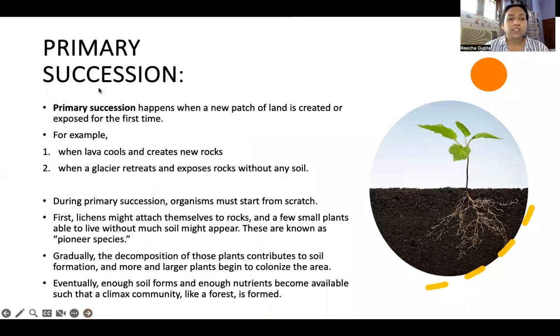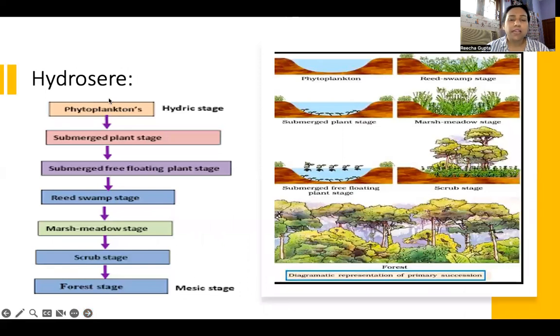Now primary succession, जैसे कि हमने बताया था, primary succession वहां पर होता है जहां पर कुछ भी पहले से present नहीं था, जैसे कि bare rock और desert। In fact, cool volcanic lava, वहां पर भी कुछ भी present नहीं है, अभी नया नया ज्वालामुखी से volcanic eruption हुआ है, नया नया लावा निकला है। तो जो ये cool volcanic lava होता है वहां पर कोई plants पहले से present नहीं होते हैं, conditions बहुत new होती हैं। तो यहाँ पर जो first time succession हुआ उसे कहा जाता है primary succession। Gradually वहां पर धीरे धीरे करके forest का formation होगा। तो जो ये पूरा process है इसी को हम कहते हैं primary succession। Primary succession में ही दूसरा होता है